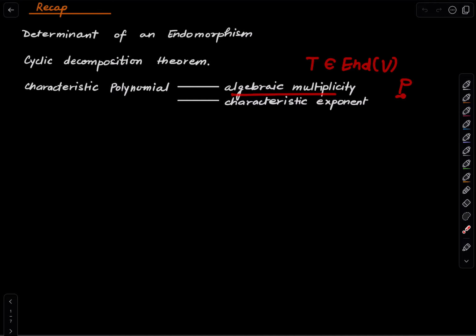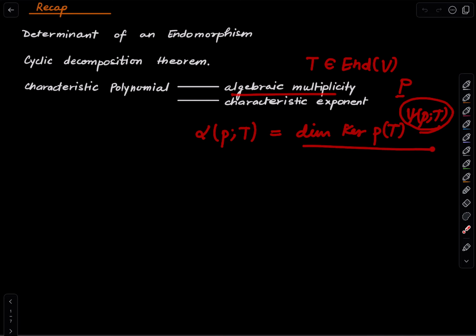In other words, the algebraic multiplicity of P is the dimension of the kernel of P(T) to the saturation exponent. And in fact, in place of the saturation exponent, you can write the dimension of V and it won't change anything. So that was the algebraic multiplicity, and we saw that this is divisible by the degree of the eigenpolynomial, and the ratio